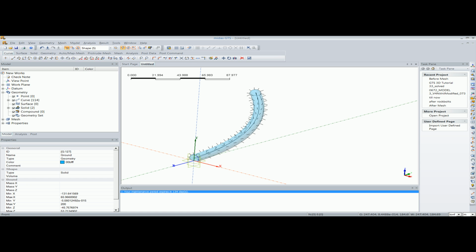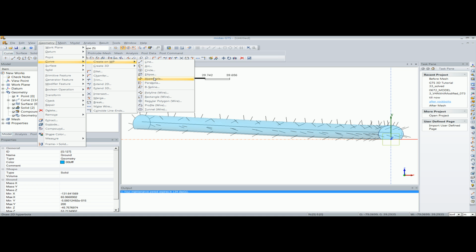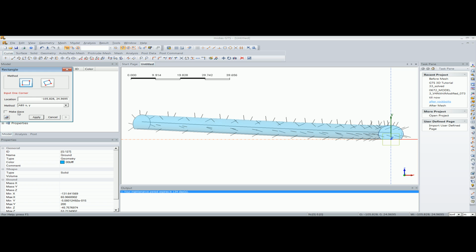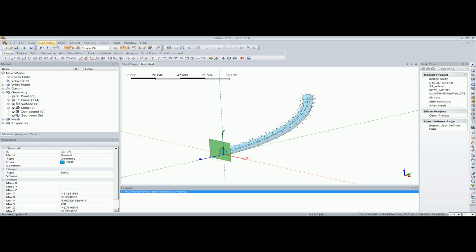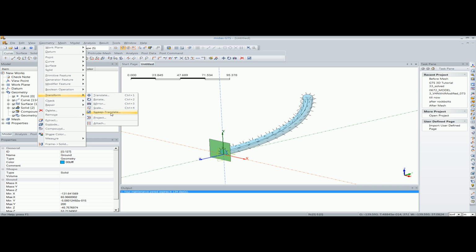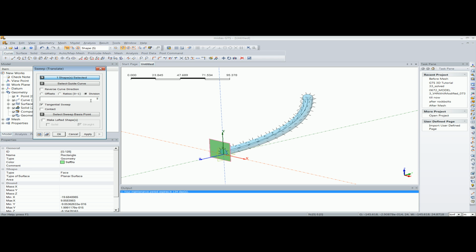process. For that, first I'll create a surface, and in the form of a rectangle I'm gonna create a surface first, and then I'll divide the tunnel solid based on this surface at different locations to model the excavation sequences. So I will use the sweep translate feature again, and I will sweep translate the surface that I have created along the guide curve,